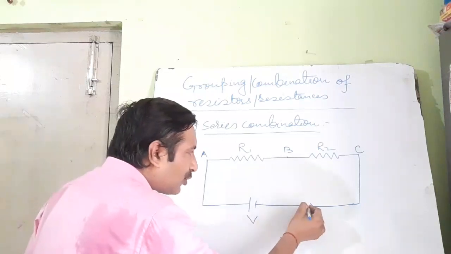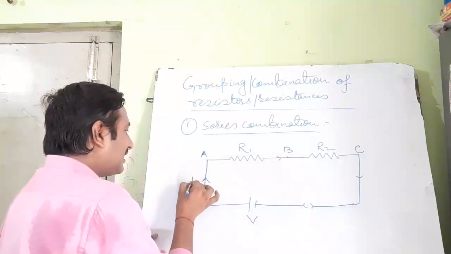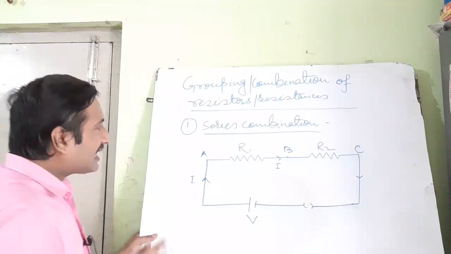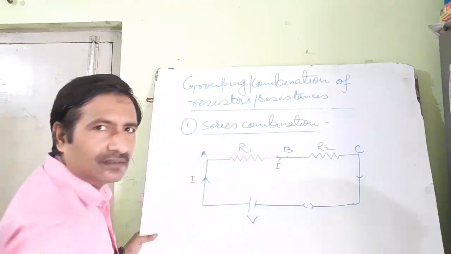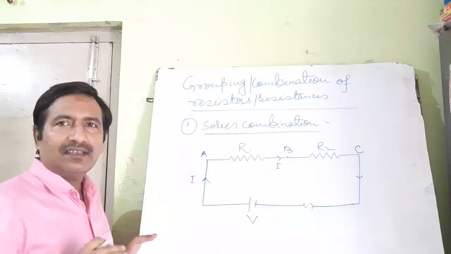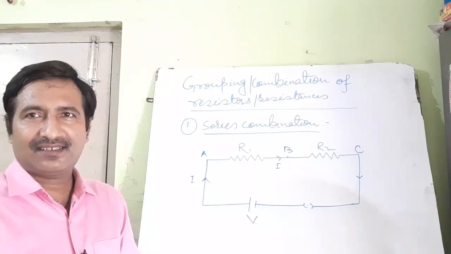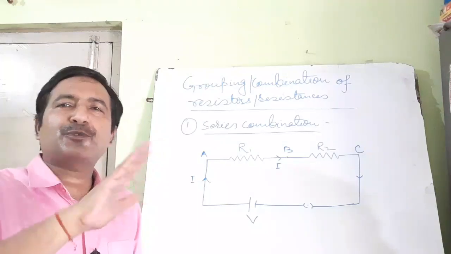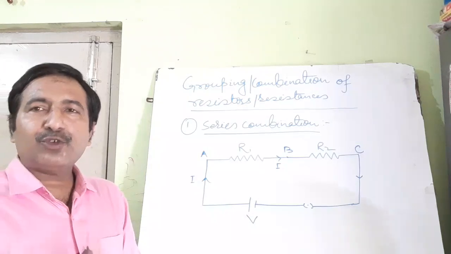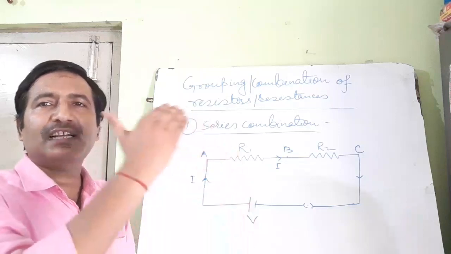Whenever you switch on the circuit, current will start flowing. Suppose the electric current through the circuit is I. Now you can see current is flowing from A to B through this resistor and from B to C through this resistor. You learnt that current is the flow of positive charge, in the direction opposite to the flow of electrons. Electrons are negatively charged, and negatively charged particles flow from lower potential to higher potential.